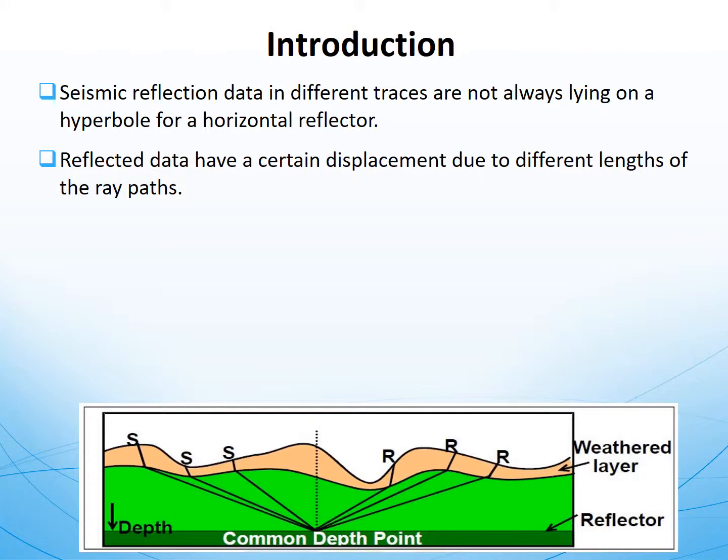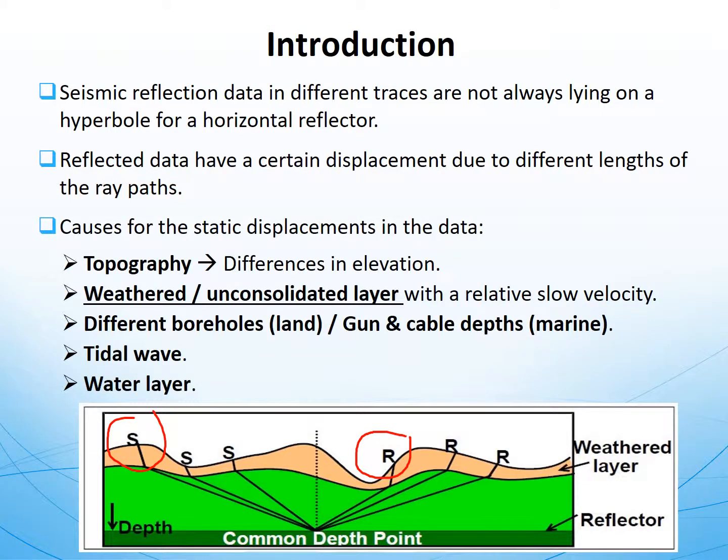In the land acquisition, your source as well as the receiver are not on the same level. Consequently, your output, your shot gathers, will be on a different level. The reflected data have a certain displacement with a different length of the ray path, which is called the static displacement in the data. So the topography, which is the different level of the earth undulation, will give differences in terms of